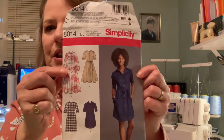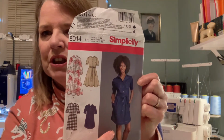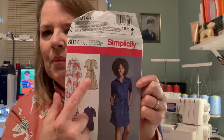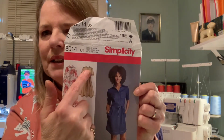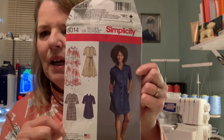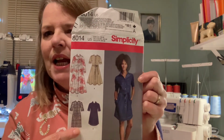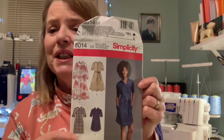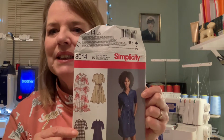I have a tried and true pattern, which is a Simplicity pattern, 8014, a shirt dress. And you've got just the plain sort of straight version. There's this one, which is the same as this one, except for obviously the sleeves are shorter. This doesn't have the collar, it's just got the collar stand. This has the collar. And again, the variations of the straight version. Now, I have used this. I actually haven't used it yet to make a dress. I've used it lots of times. I've hacked it to make a...